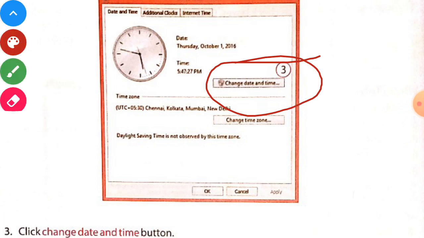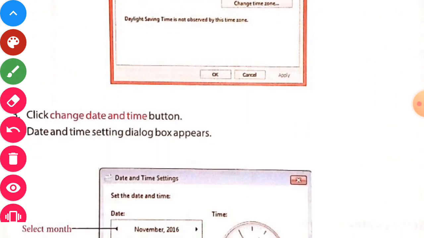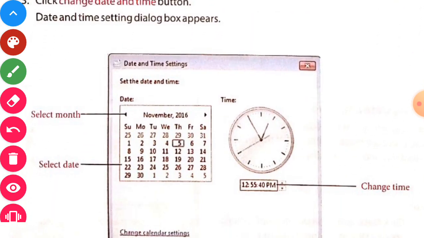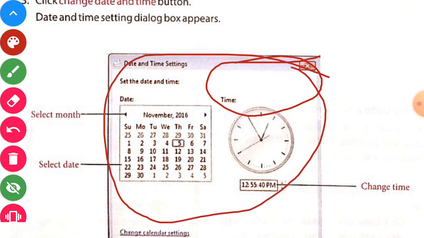When you click here, like this, there will be an interface on your desktop, and then you will have to click Change date and time.